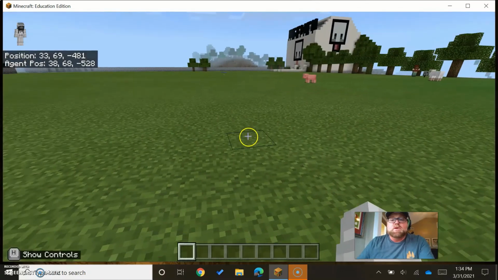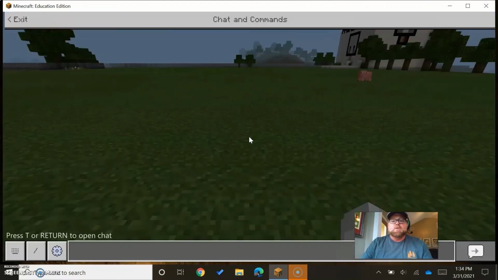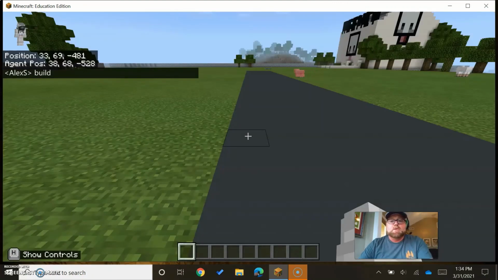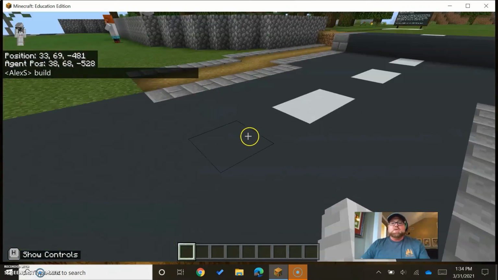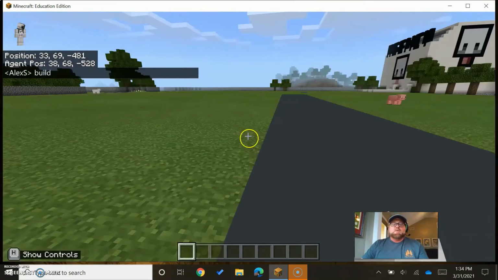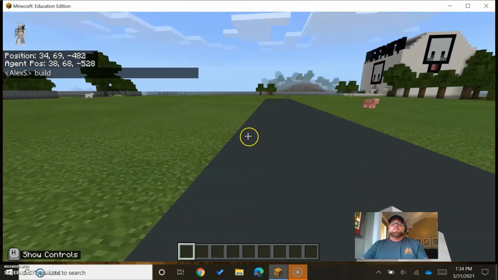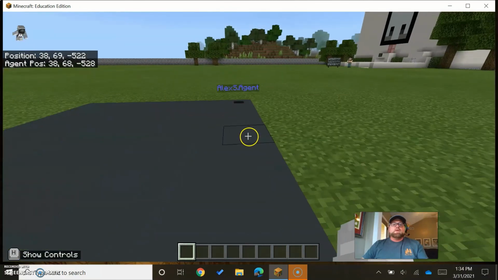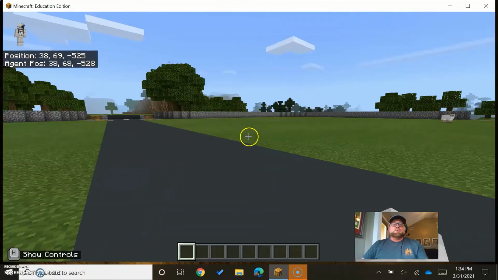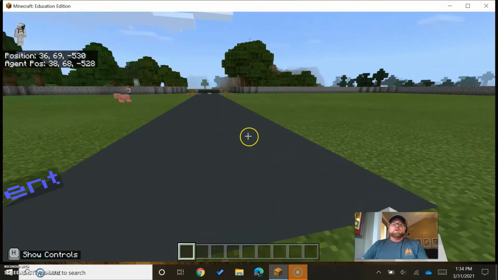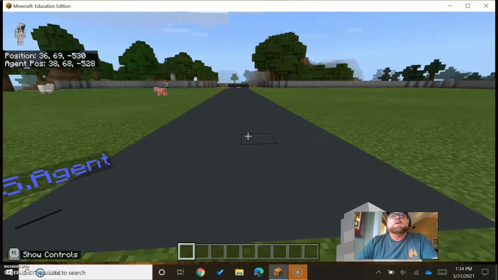So let's run the code, compile the code, and then we are going to type build. And as you can see, it builds from that. I was close. I missed it by one block. Anyway, we built the road from our agent over here to the other end of that road. So that's a way to cover an area easily and